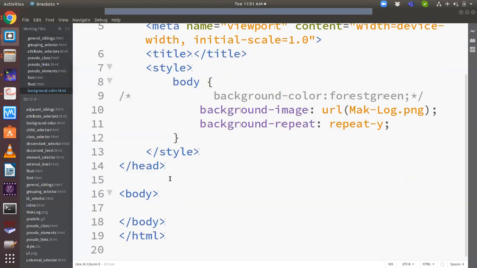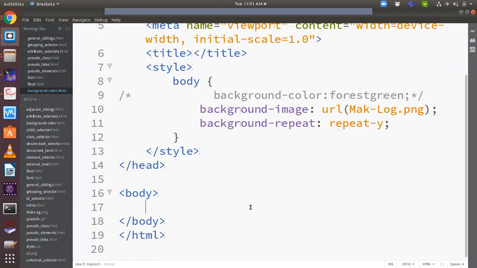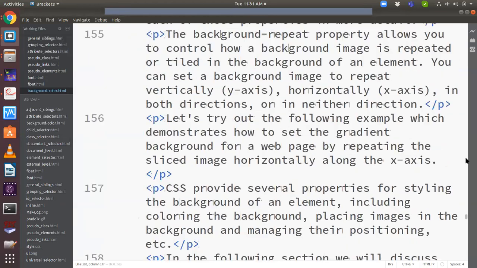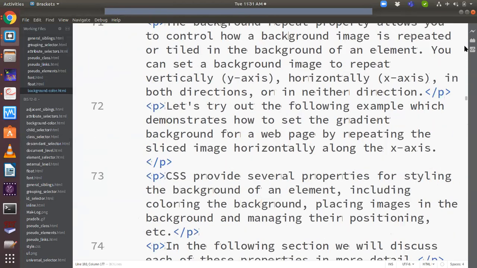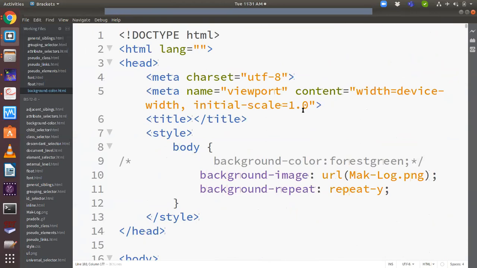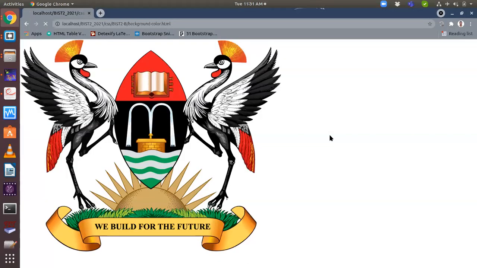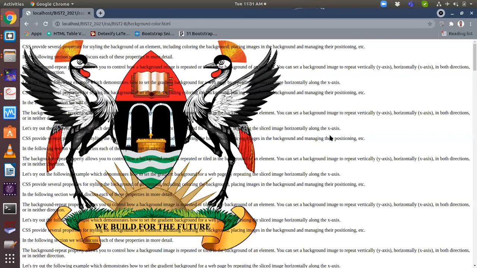So I copy some and paste things in the body. So many things. You see, these are so many paragraphs. Some of them are repeating, but they're just lots of paragraphs. So our goal is to see the behavior of this. Now let me refresh so that you see what happens. So if I add text on top of that,